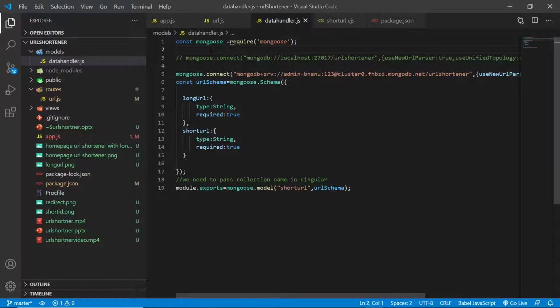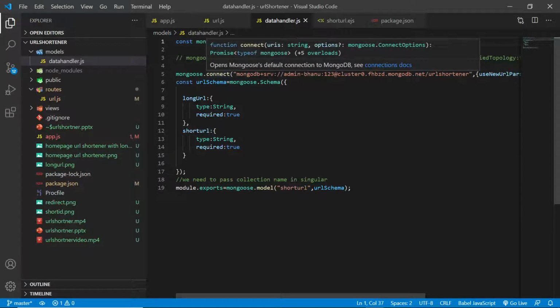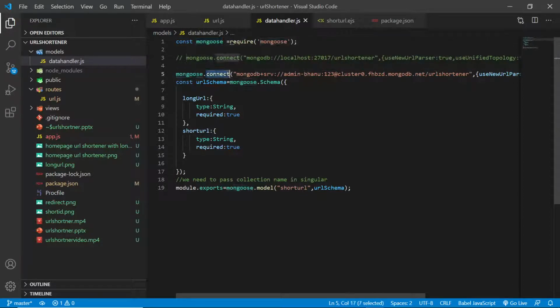By using the functions and methods given by mongoose, we can simply connect with the MongoDB database. So using mongoose.connect, here we need to specify the path where MongoDB is listening. This is the path for the cloud one.